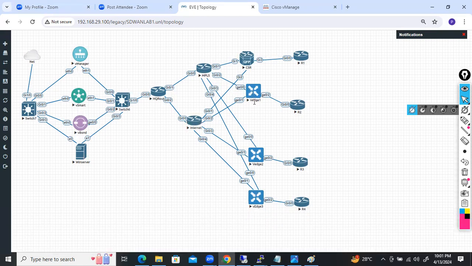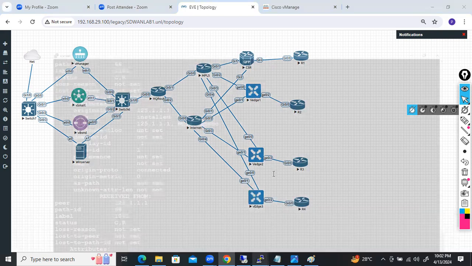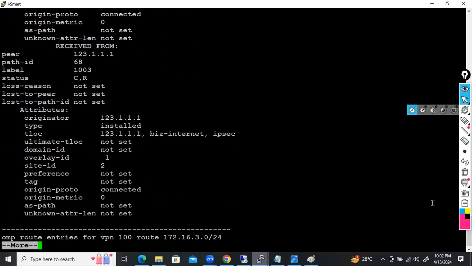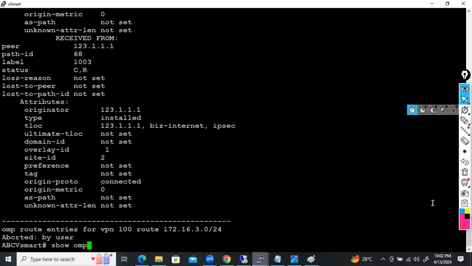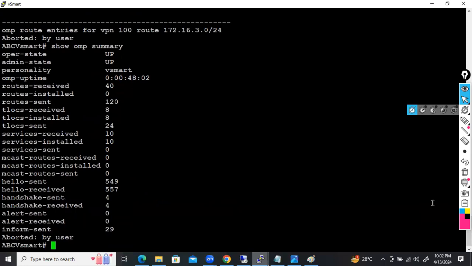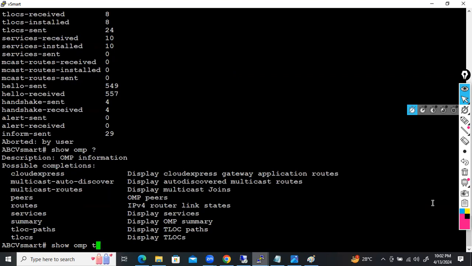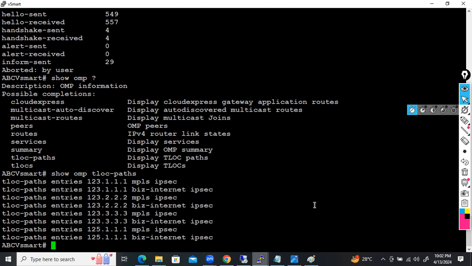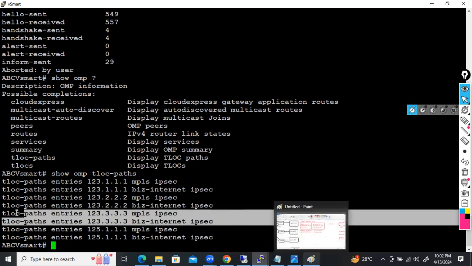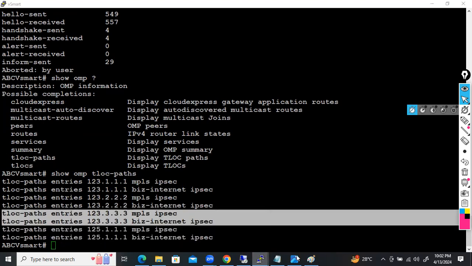router ID, guys? 1.1.1.1 was there, 2.2.2.2, and I believe 3.3.3.3 is there, right? You can check it on vSmart first. You can use show omp summary. Then show omp tlocs path. For 1.1.1.1, how many T-locks are there? 2, right? 2 T-locks. If I'm going to shut down